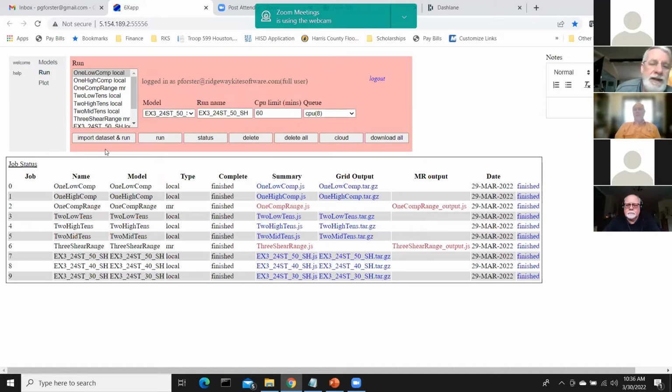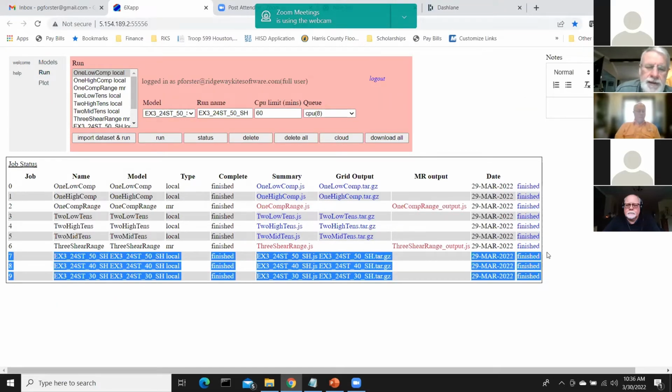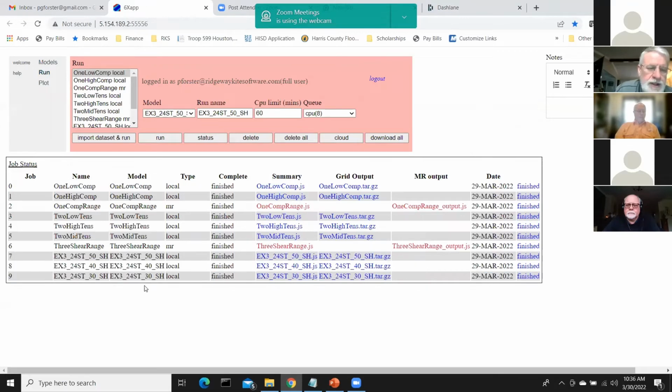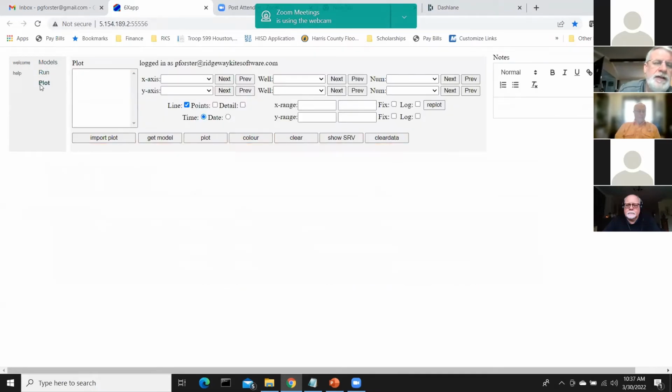Okay, so when I logged into the remote server, it can now see all the jobs that I've ever done. And it turns out I've actually already run the 3 variations of this particular example that we've been talking about. I got them through last night before we had the power cut. So they are already here and finished. So we can skip the step of submitting them and waiting for them to finish, and we can go straight to plotting. So if we go over to the plot panel,